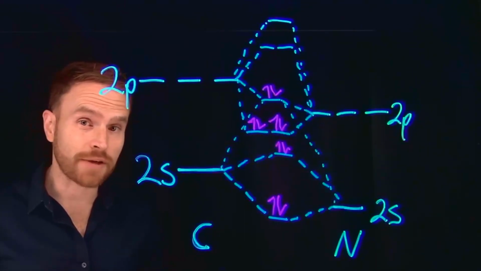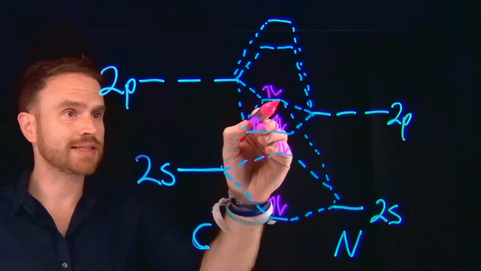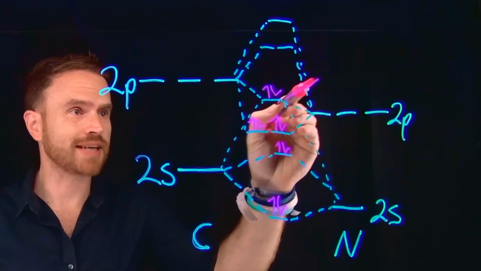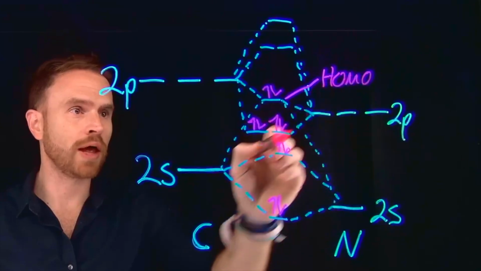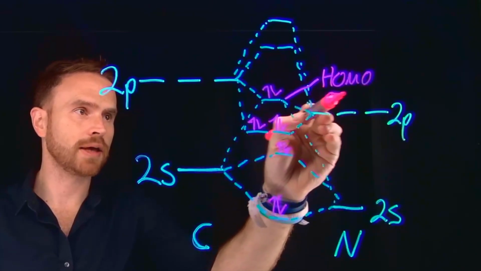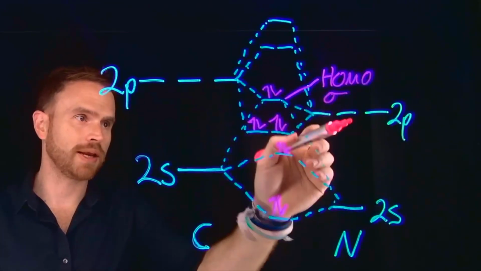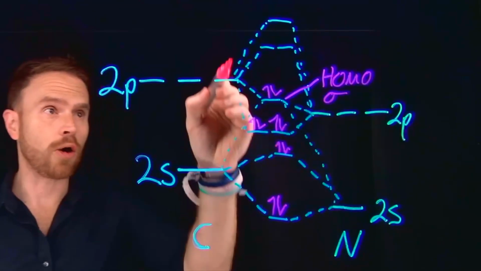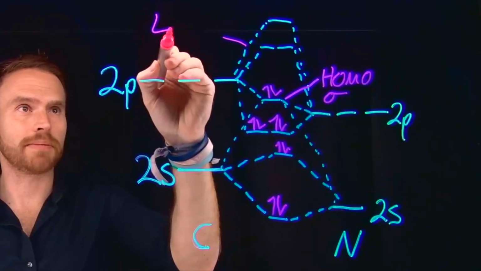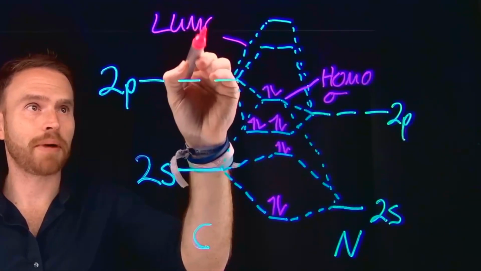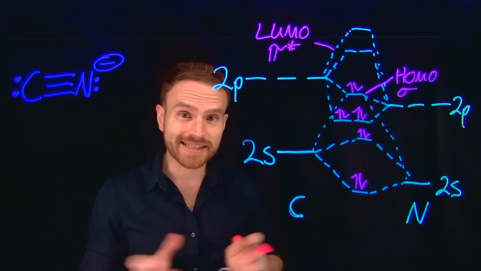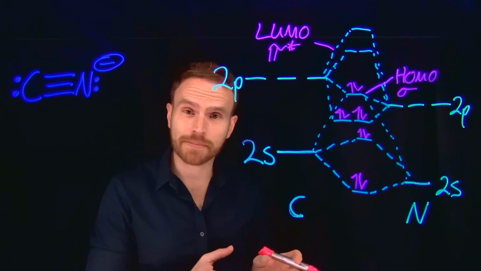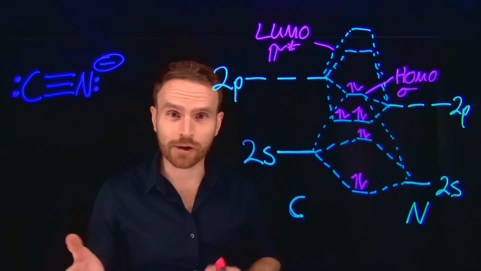If we take a look at the frontier molecular orbitals, we can see that the HOMO of the cyano ligand, or the highest occupied molecular orbital, is going to be the sigma bond that is formed between carbon and nitrogen. And the LUMO, or the lowest unoccupied molecular orbital, is going to be the pi star orbital, or the pi anti-bonding orbital. And it's at this stage that we introduce a concept that's really fundamental to understanding metal to ligand